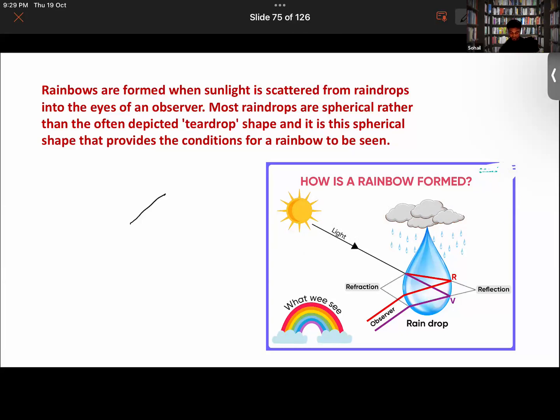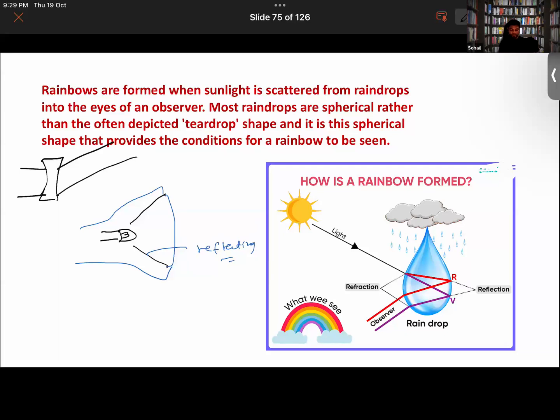If you were to look at the inside of the torch, suppose this is the bulb, and this is the inside surface, suppose this is the reflecting surface. If you have seen the old torch, nowadays they don't make such torches. We know that in the case of a concave lens, the light rays diverge in this manner. So in the case of the torch also, we want the light to spread